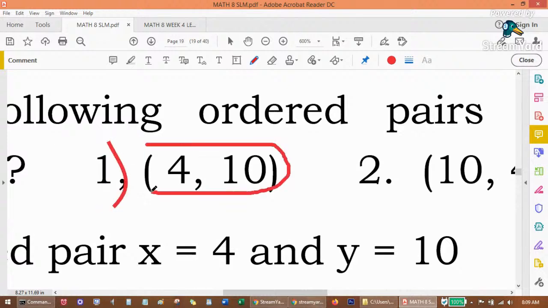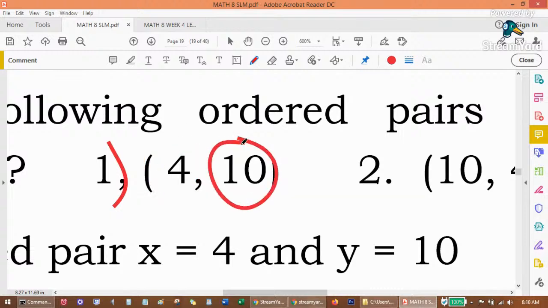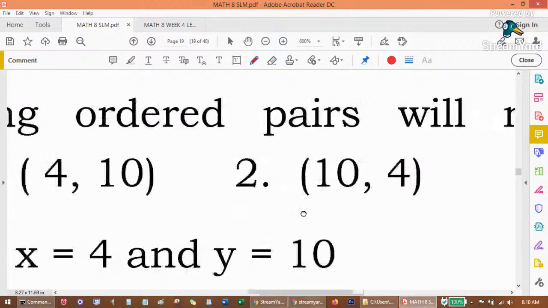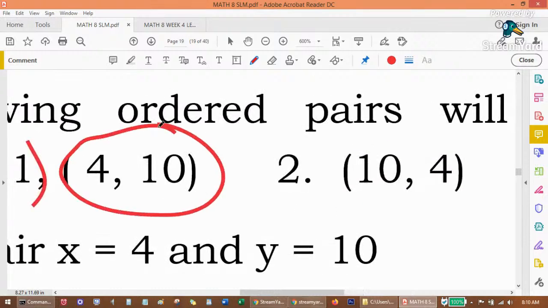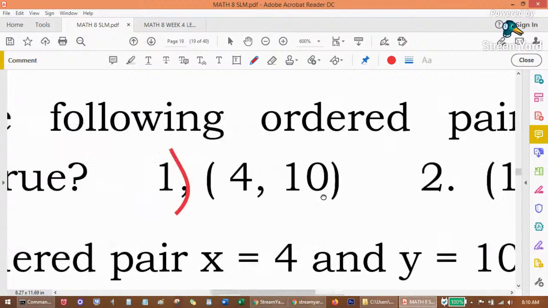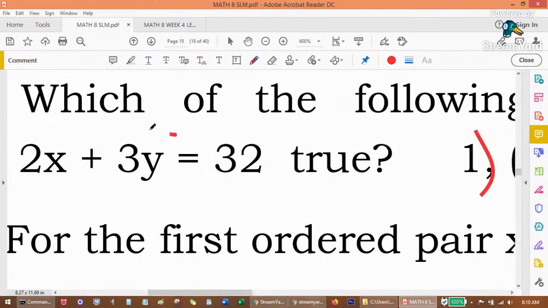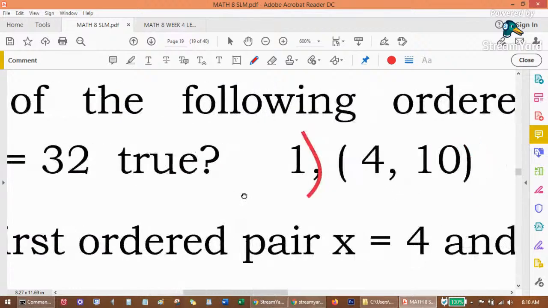One is x is 4, y is 10. The other one is x is 10, y is 4. So, alin daw sa dalawang to ang true